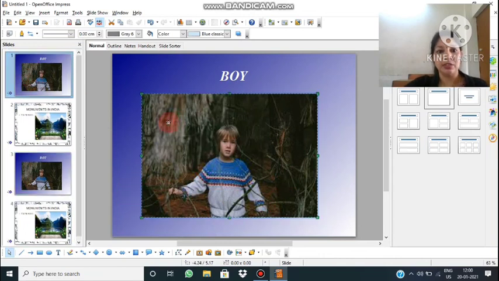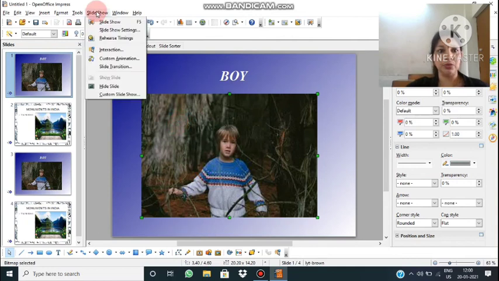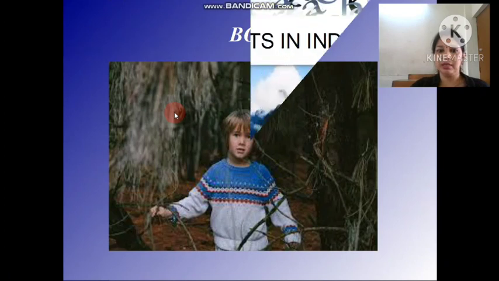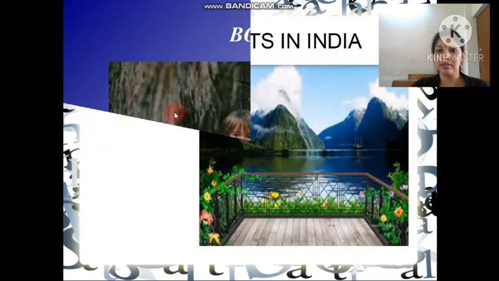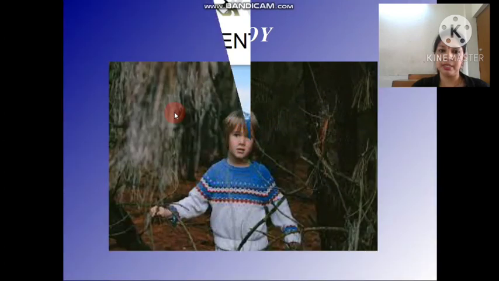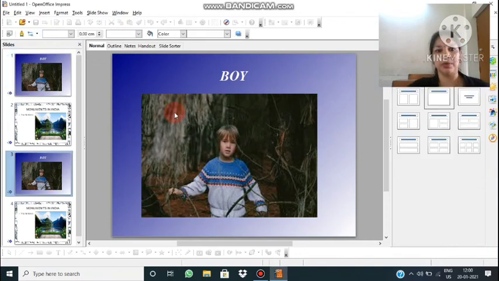Slide transition, if you want to see or change it, let's use the slideshow. Go to slideshow. Here slideshow, shortcut key F5, click on that. So this effect we had provided. Second, third, it was repeated, that's why it's coming. And to break in between, use the escape key, you will come out.